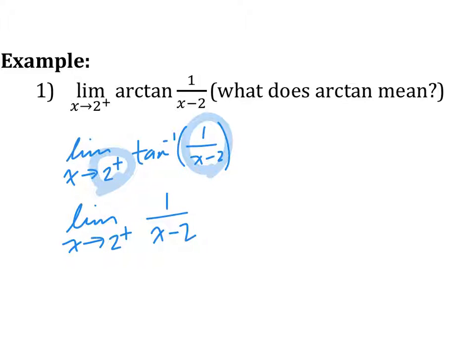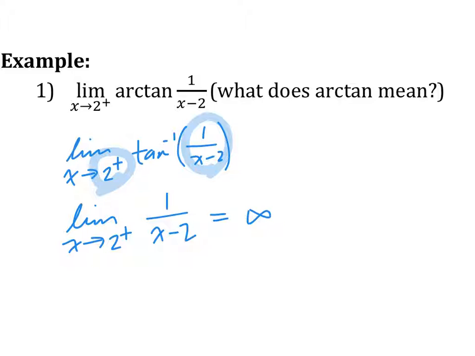Limit as x goes to 2 positive of 1 over x minus 2. Think about it. Do not use your calculator. Which direction does it go? Infinity. Okay, once we figure out that part, we're going to plug it into the